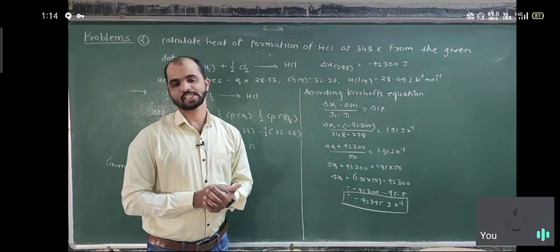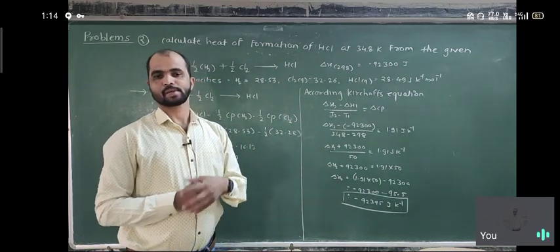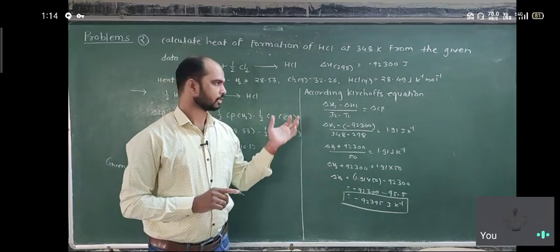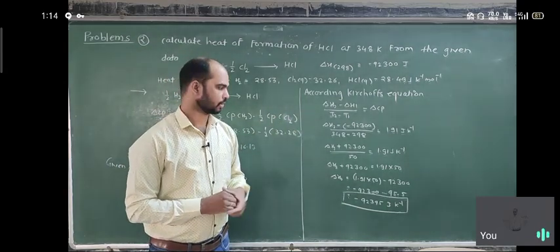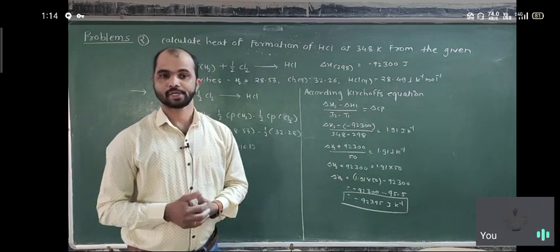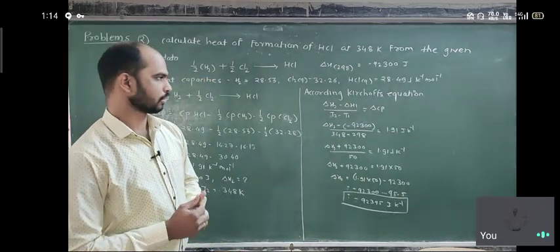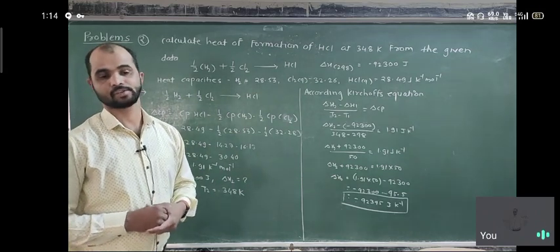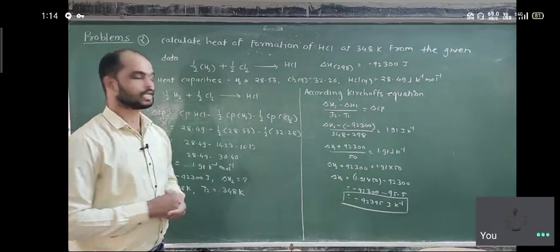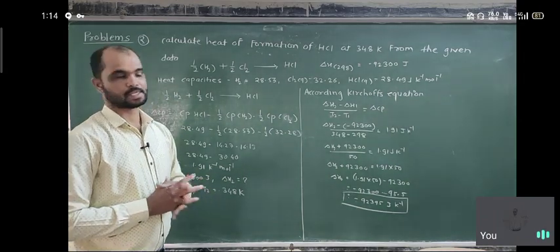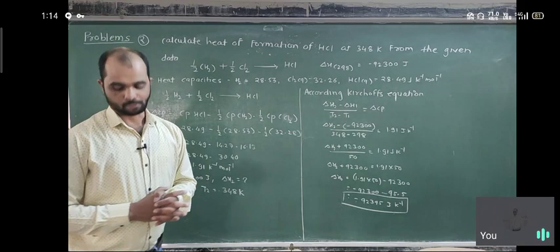So there is an average heat capacity. Using average heat capacity, first of all calculate the change in heat capacity. Then using Kirchhoff's equation we can find out the heat of formation at temperature 1 or temperature 2, depending on which data is given to you. If T2 is given, we can find out T1, or if T1 is given, we find out T2. So here the problems are finished. We are going to discuss the last point of the chapter, the third law of thermodynamics.